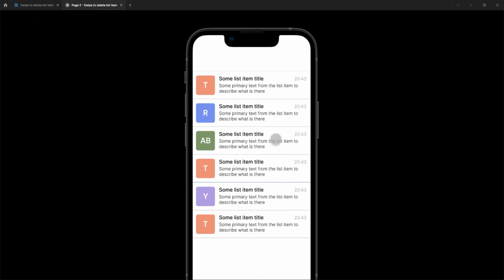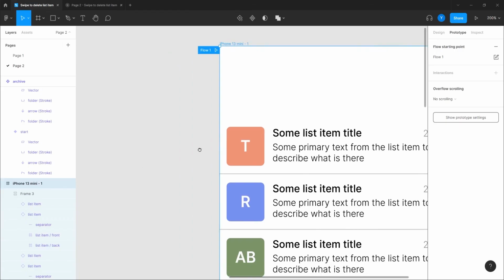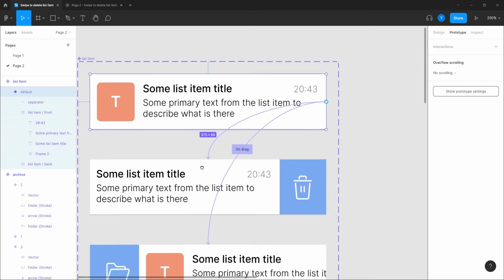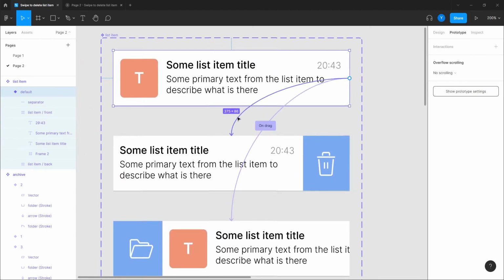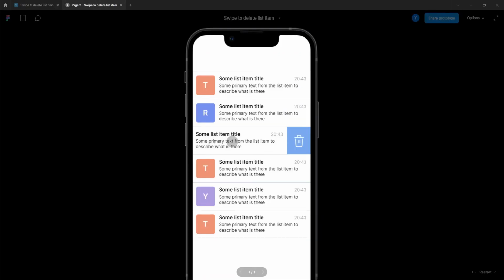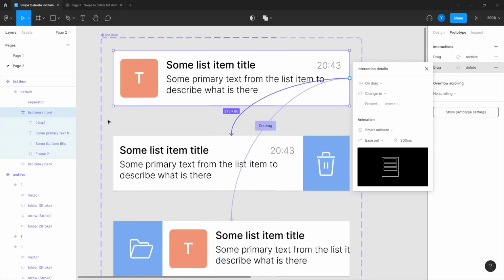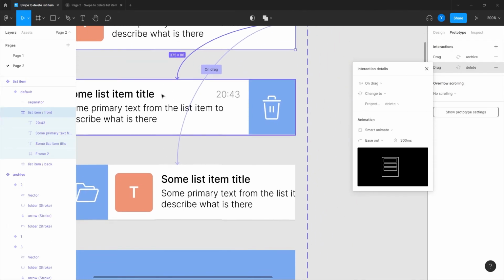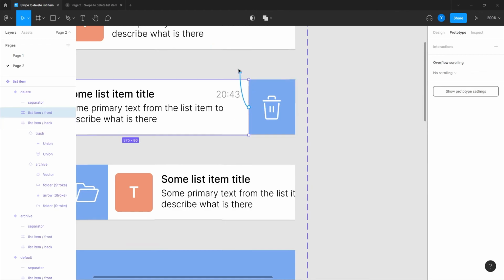Okay, so we have this one, and now we are okay. Problem, what did I do? Let me see. This is on drag and this is not on drag. Oh, it is on drag. Okay, so that's animating here. That should be animating here, and that should be animating here. Why doesn't it work? Oh, yeah, of course, because I didn't connect it back, which I should.